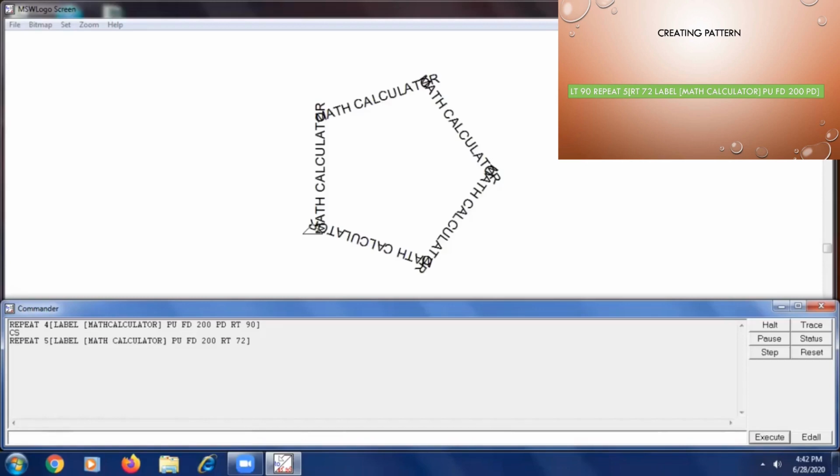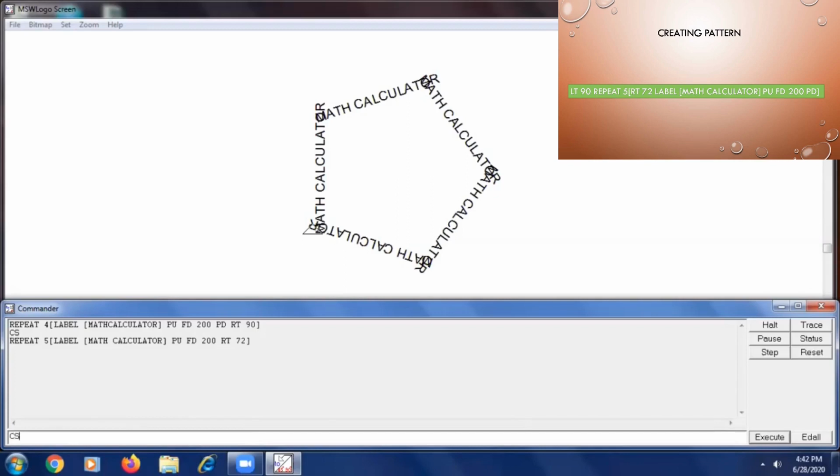See, using the repeat command. This set of commands, label math calculator, PU FD 200, RT 72, and we can do PD as well. Without PD also it will work, PD is optional, but you can give PD after RT. The same thing happens, and do you like it?